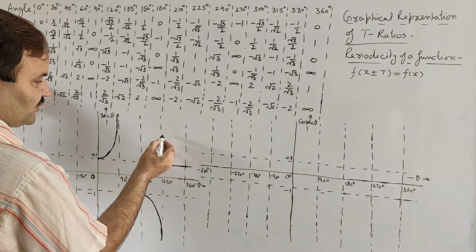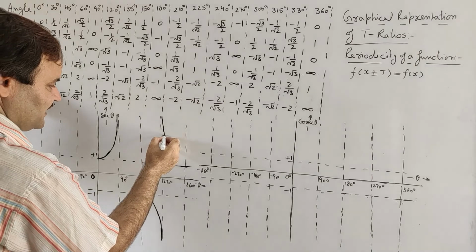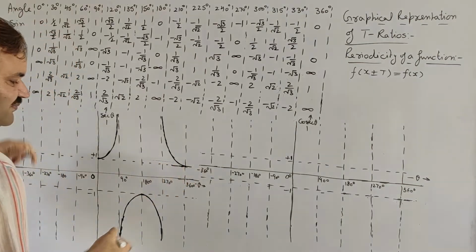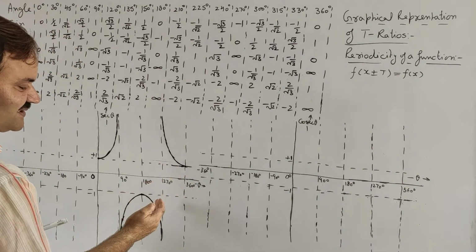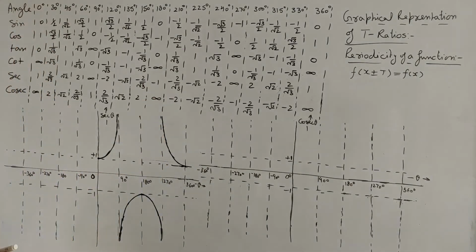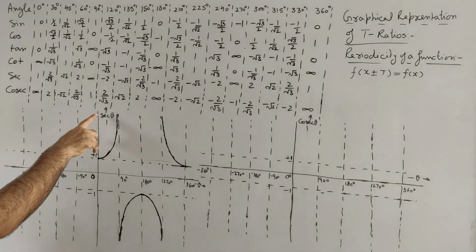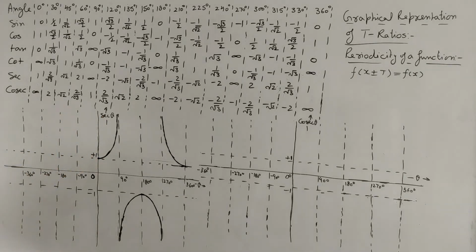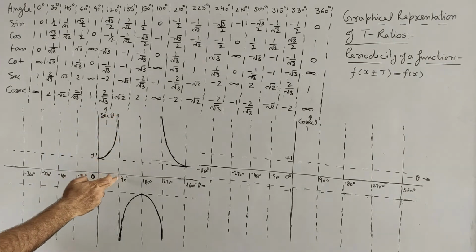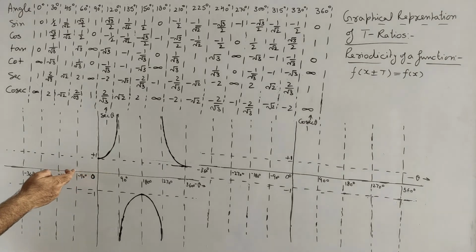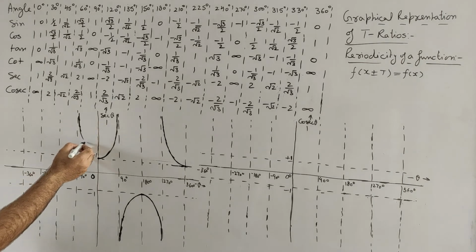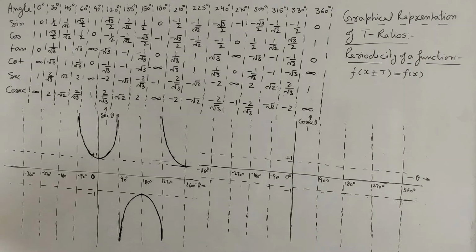So the value of sec theta from 270 to 360 degree will change this way, because at a value just more than 270, sec theta will be near infinity. Now for negative values, again sec minus theta is sec theta. So the manner in which the value of sec theta is changing from 0 to 90, in the same manner it will change from 0 to minus 90 degree. It means here the value of sec theta will be varying this way.